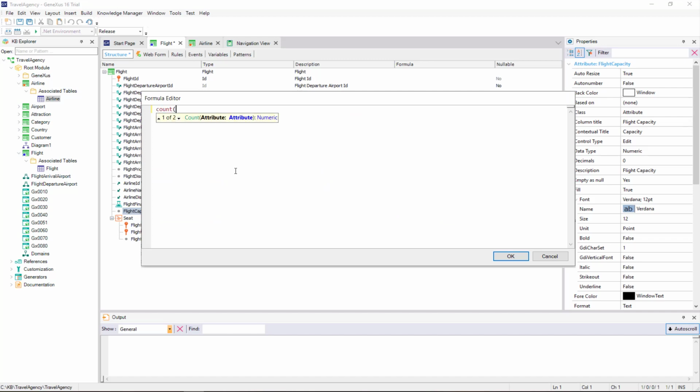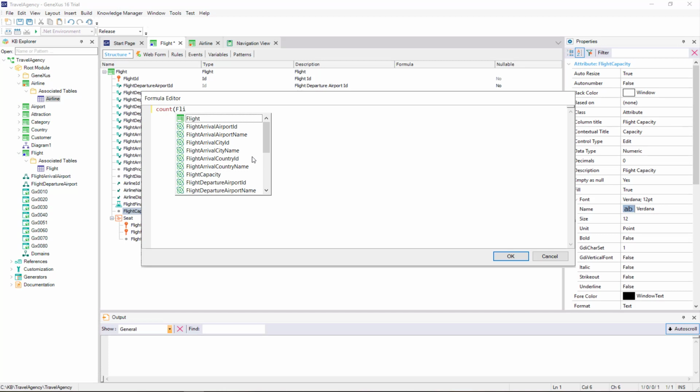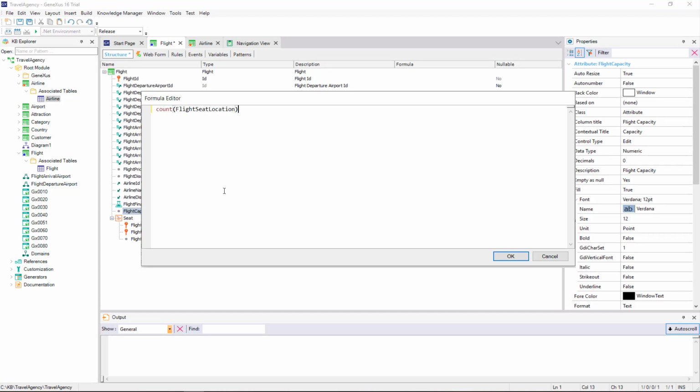In its formula column, we type count, and between brackets, we add an attribute that lets GeneXus know that we want to count the seats. To this end, we choose the flight seat location attribute that belongs to the transaction level containing the seats.